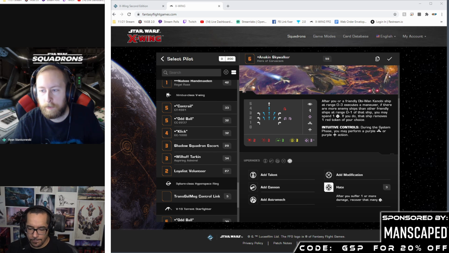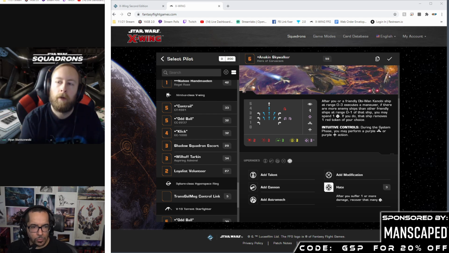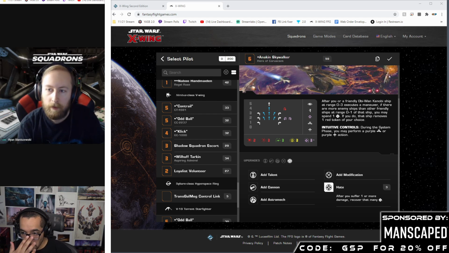Shadow Squadron Scout, 29 points. And the Loyalist Vanguard, 27. In hyperspace, only the generics, no uniques. It comes with a talent, mod, astromech, and config. Those unique configs, the